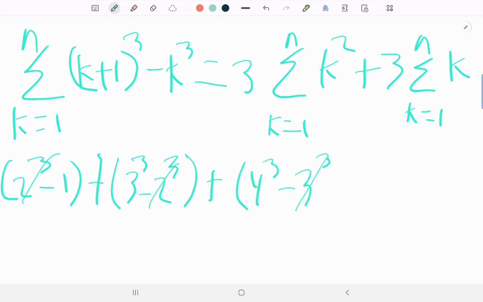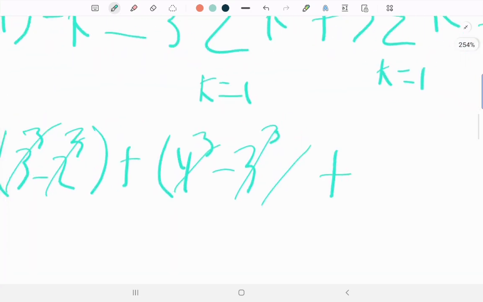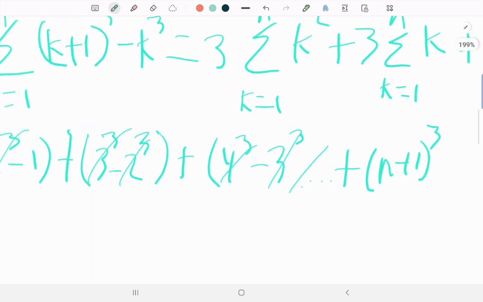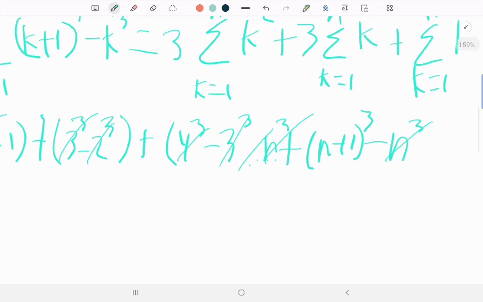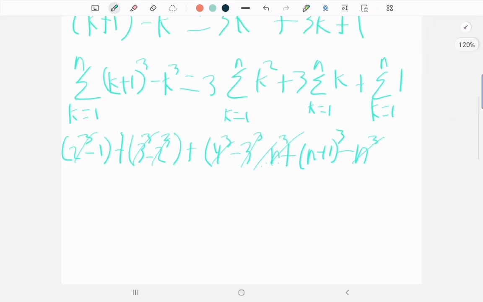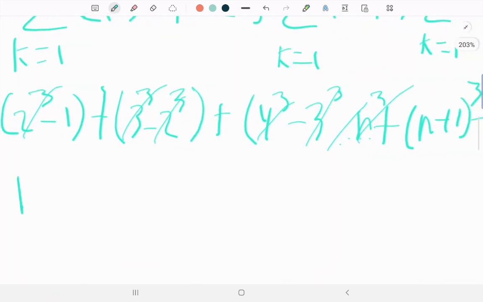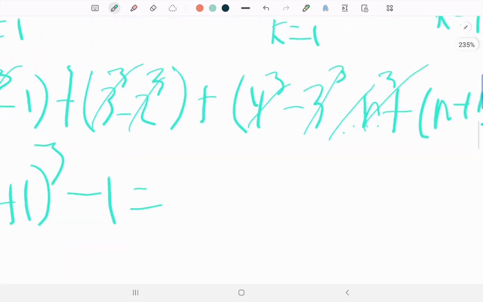We can see that this cancels and so on and so on until n plus 1 cubed. Since this is minus n cubed, there will be the n cubed term before, which cancels this out. So therefore, on the left hand side, we are left with n plus 1 cubed minus 1